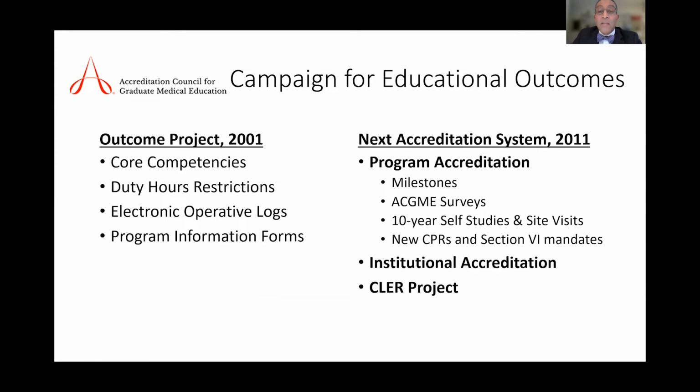Residency training in the United States has shifted over the last 20 years from process and structure and the competency-based education with the 2001 Outcome Project to milestones-driven competency with the 2011 Next Accreditation System. The Next Accreditation System consists of the triumvirate of program accreditation, institutional accreditation, and the Clinical Learning Environment Review Initiative,